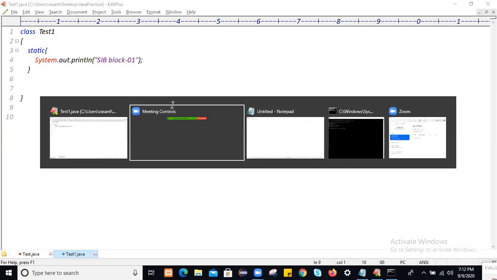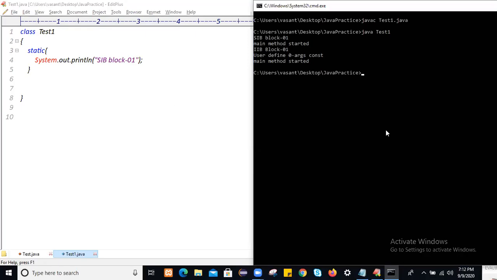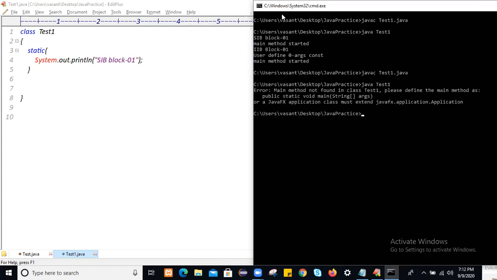This is JDK 1.8. If I compile this application, it will get compiled, and when you try to run it, you will get an error. What error?